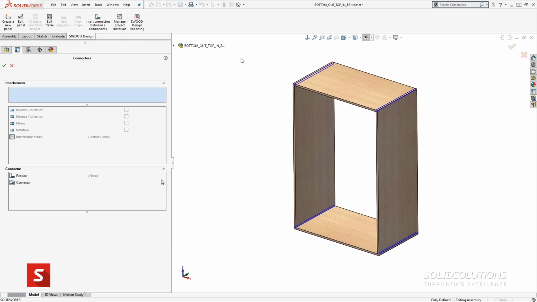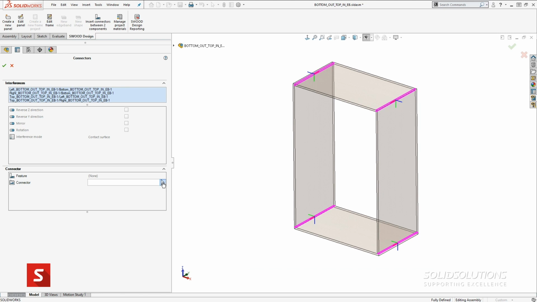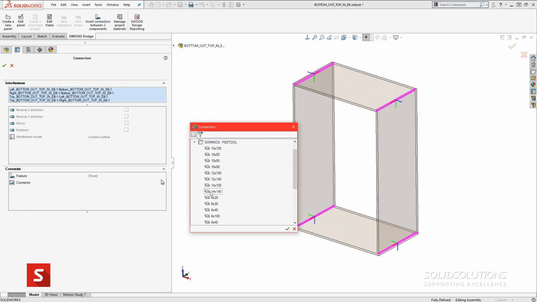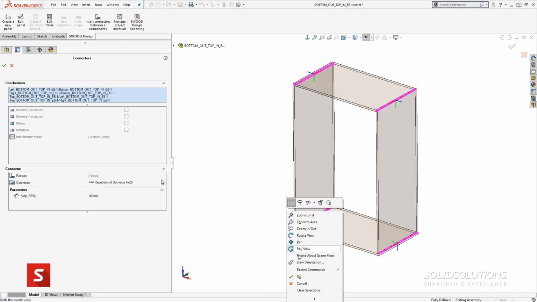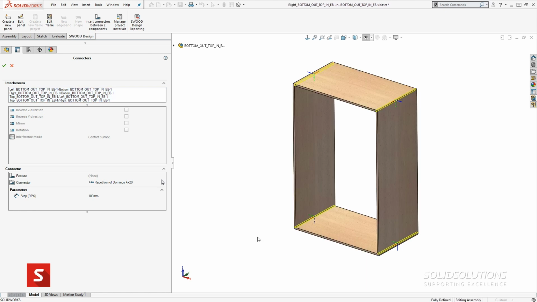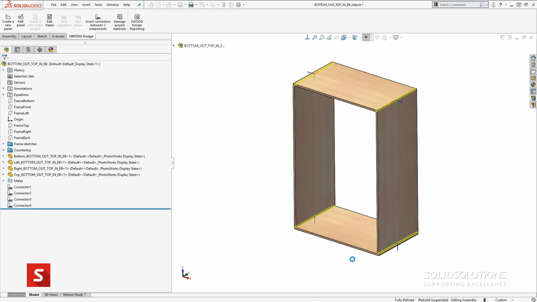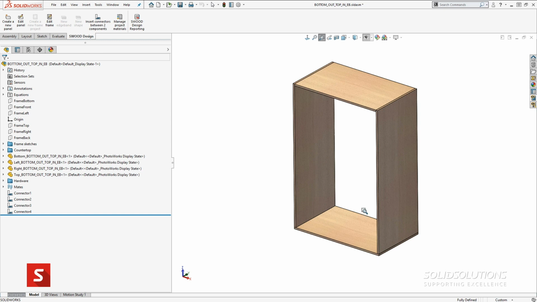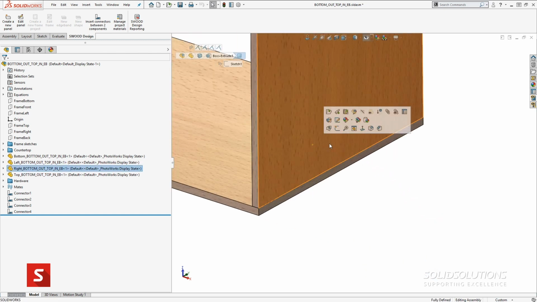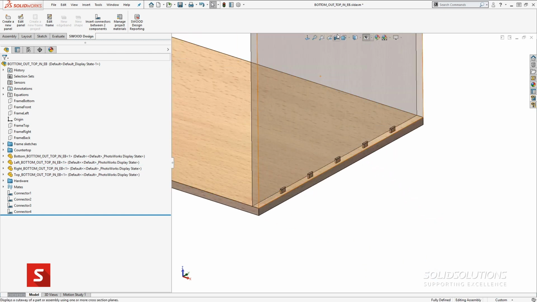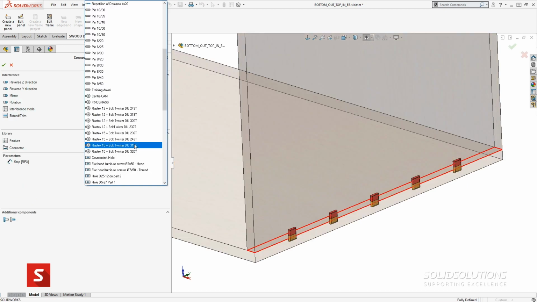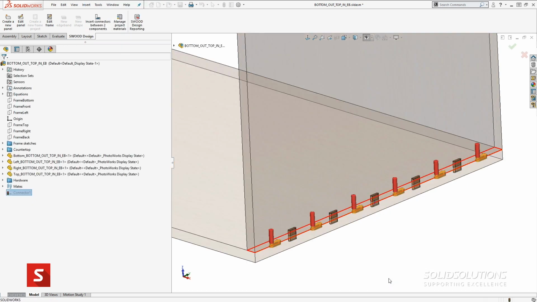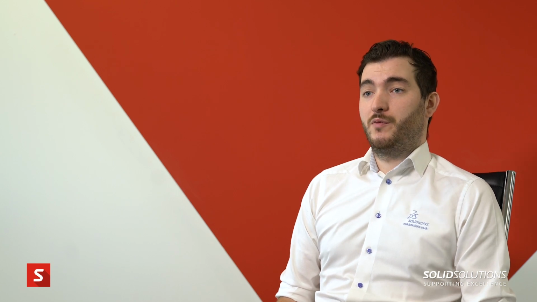So an example of where you'll first start to see the biggest return on investment is your time saving. So that's both in the design office and also in the manufacturing side of things. So in the design office, rather than having to add notes and manually adding connectors, manually adding information onto the model, a lot of that's now going to be automated. A lot of the repetitive tasks, adding in shelves, drawers and doors, that's all going to be automated into a matter of seconds or minutes. There is obviously an investment in time setup, but you'll again start to see the improvement and reclaiming of that time as it goes on.